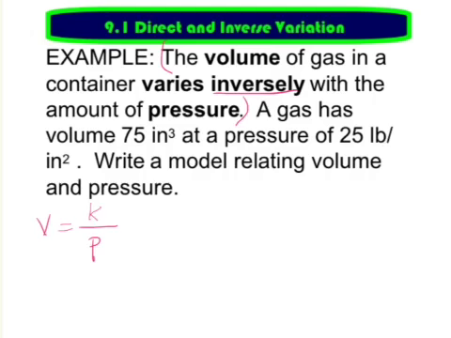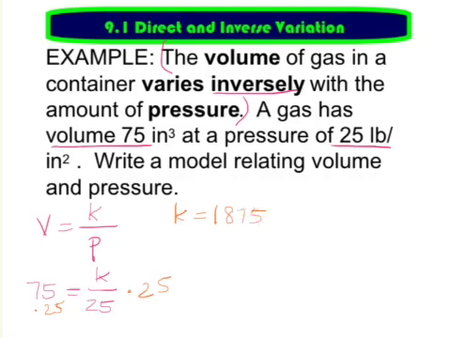But I'm not done because I need to find out what K is. So it says here that a gas has a volume of 75 cubic inches. So I'm going to write 75 in for volume at a pressure of 25 pounds per square inch. So now, just like I did in the other example, I'm going to solve for K. I'm going to multiply both sides by 25, and I will find that my constant is 1875, and now all I have to do is write a model. I'll say V equals